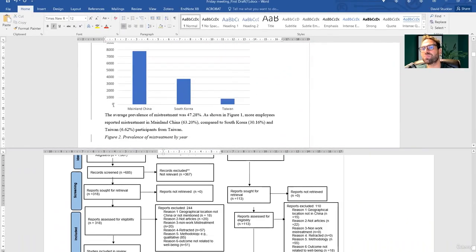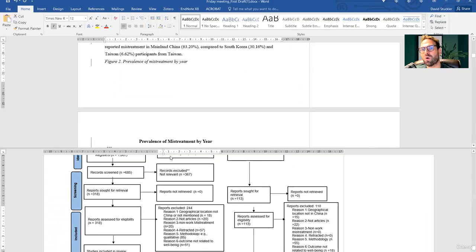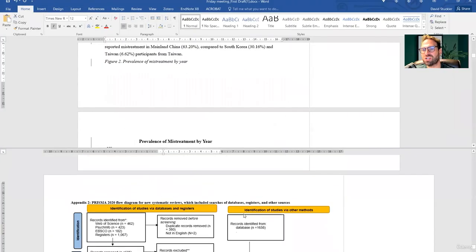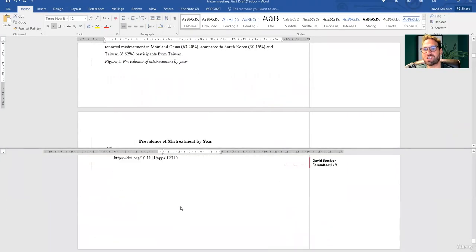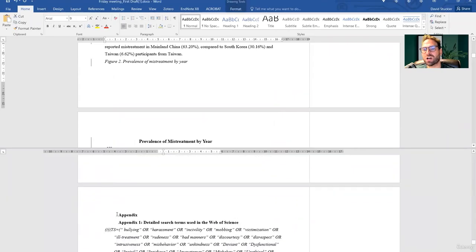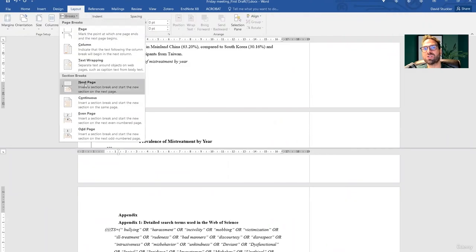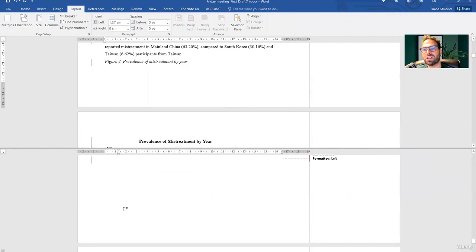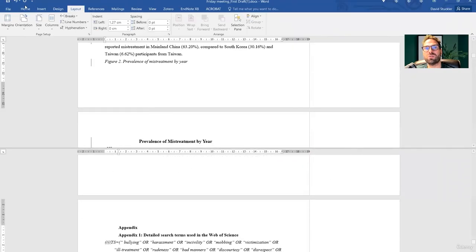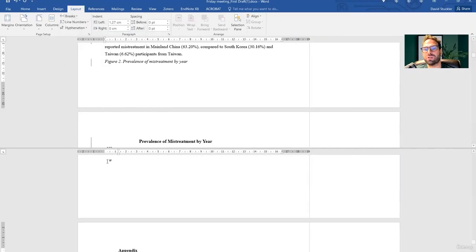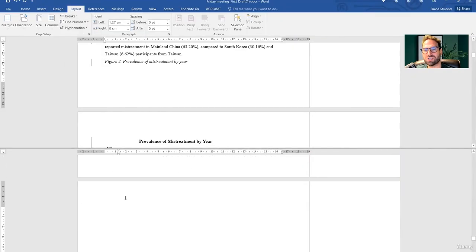Now, these figures, I'd encourage you to go rewatch the session, one of our data sessions, where I talk about making professional figures. That will definitely help you bring these to journal quality, because currently they are not near journal quality. And it's just something you need to tighten up.